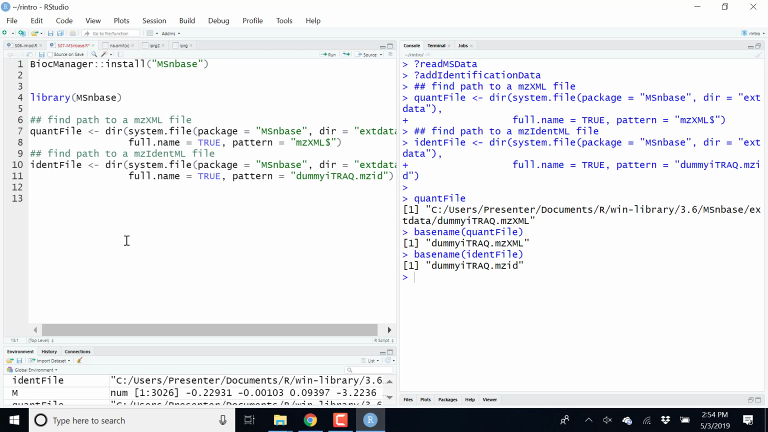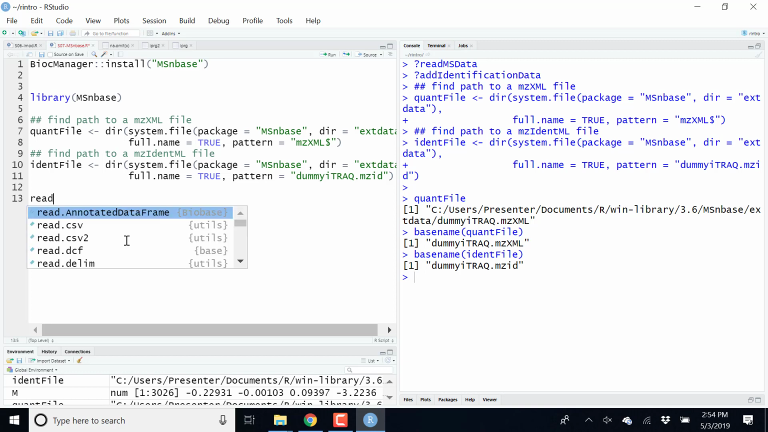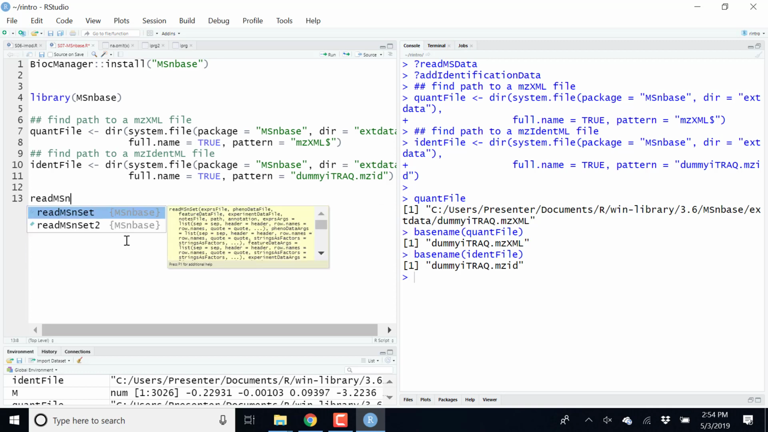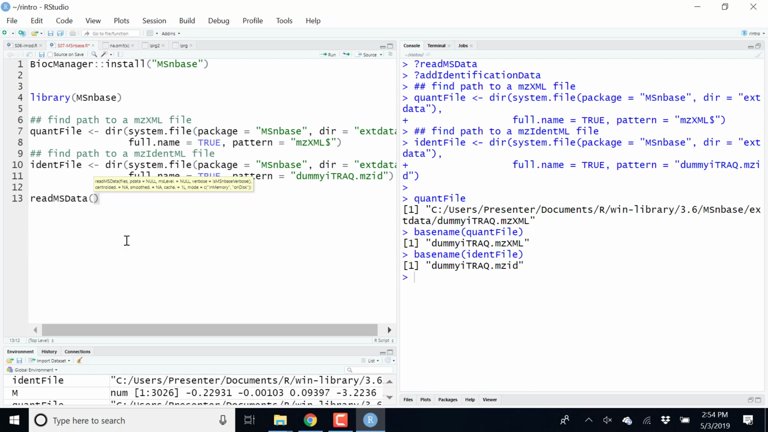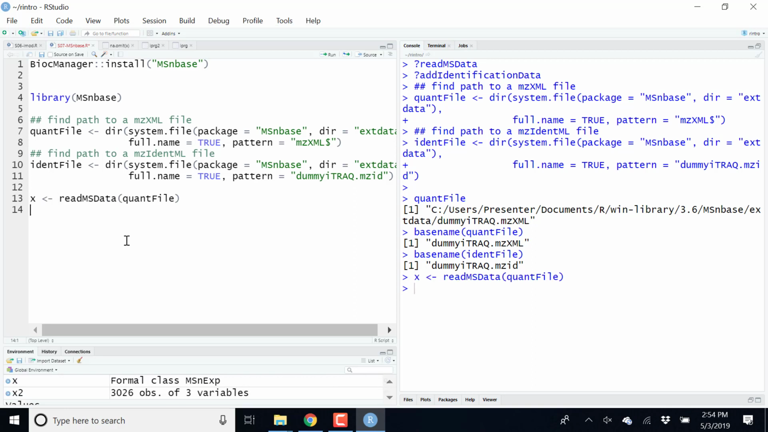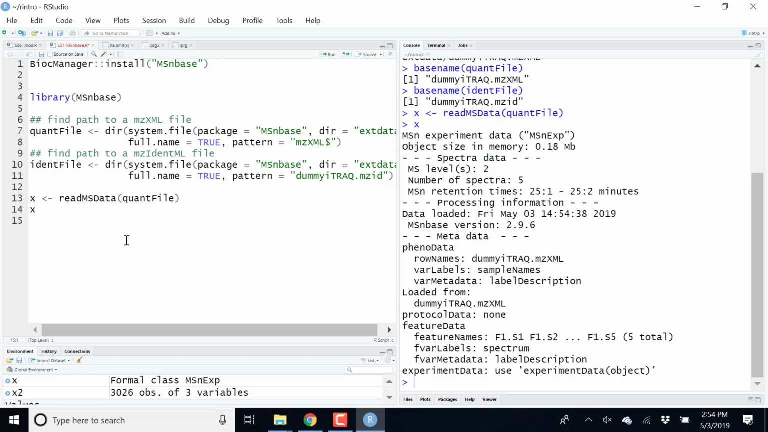Right, so I have a quant file that contains an XML file, and an ident file that contains an mzID file. So just as we had read.csv, there is a function called readMSData to read mass spectrometry data, either in mzML, mzXML, NetCDF, and all these fancy formats. And it will detect these automatically for you. So we can say x <- readMSData, and this will produce a variable, but this variable is not a data frame, it's not a vector,